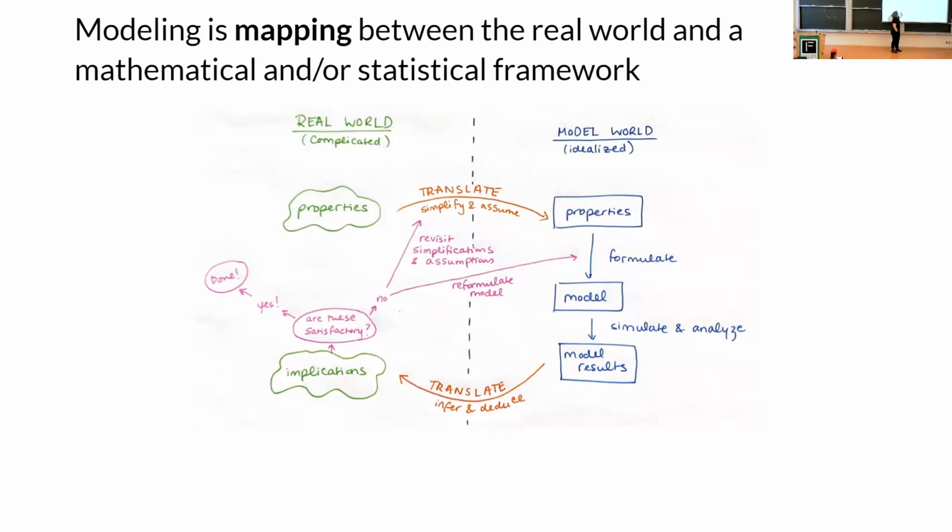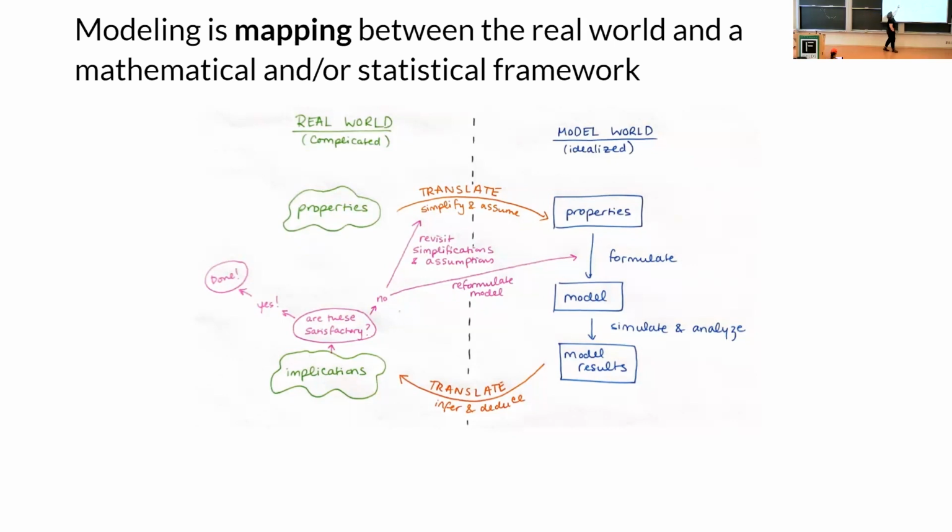That's where a lot of the art of modeling is happening, because you not only have to simplify and make assumptions, but you have to simplify and make the right assumptions for the question you're asking. And that involves a number of skills, including domain-specific knowledge. You have to know something about how diseases spread in order to model them. Maybe you don't, I don't know, but to model them well, you should know something about the system. And that's where that translation step is happening.